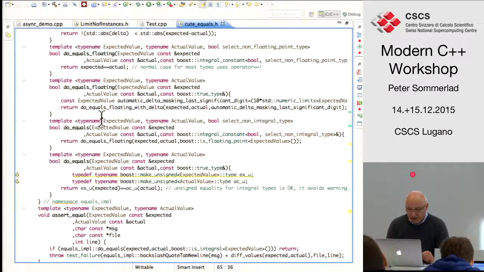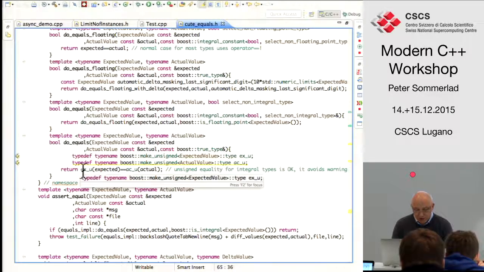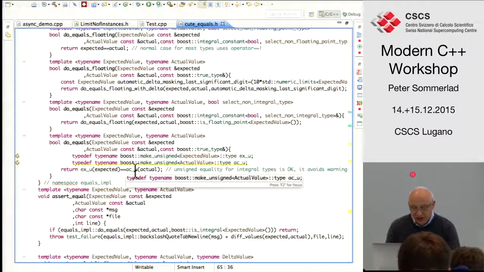There's another thing where I have this. For example, if I do equals with integral values, I pass in the corresponding unsigned type to actually convert the value to unsigned before comparing for equality.